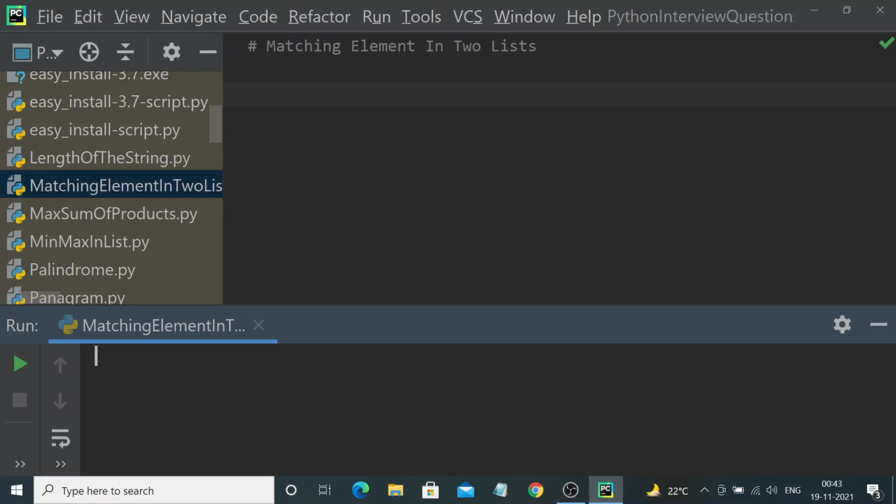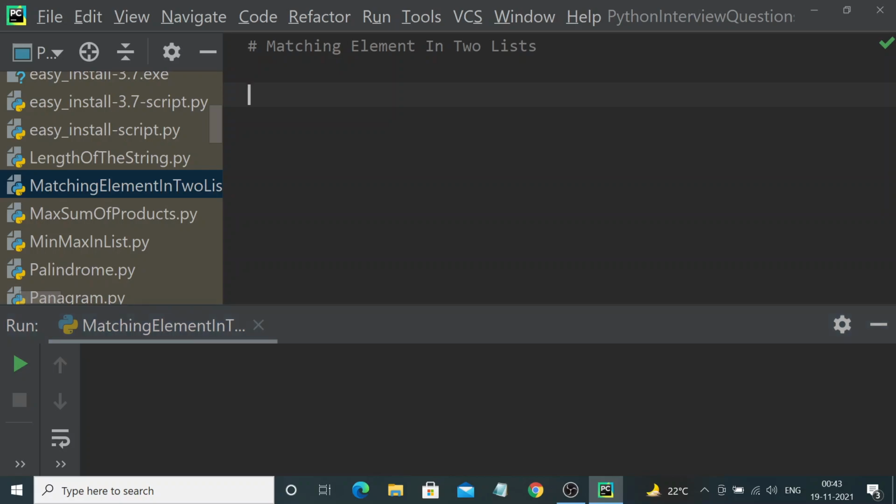In this Python commonly asked coding interview questions series, we have been discussing the most frequently asked problems in recent times. So in that series, let's start discussing how to find matching elements between two lists. The complexity level of the problem is very simple, so it is at a beginner level. Let's jump onto the implementation and see how we can solve this.